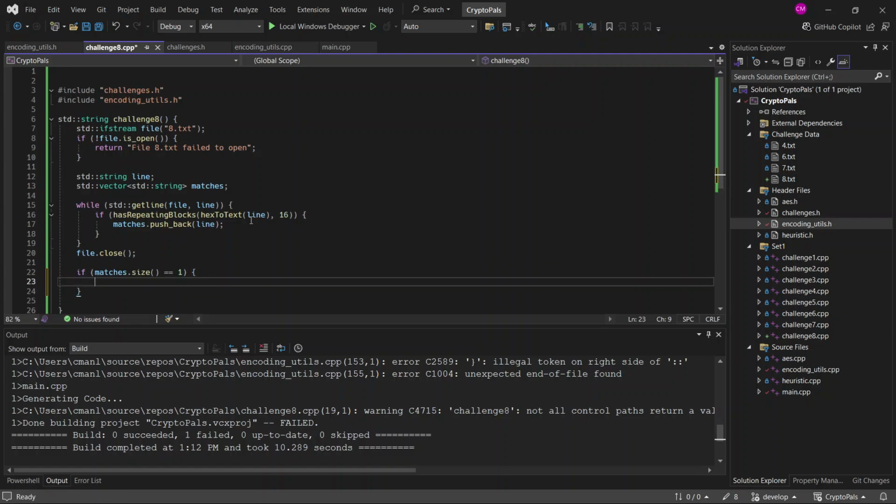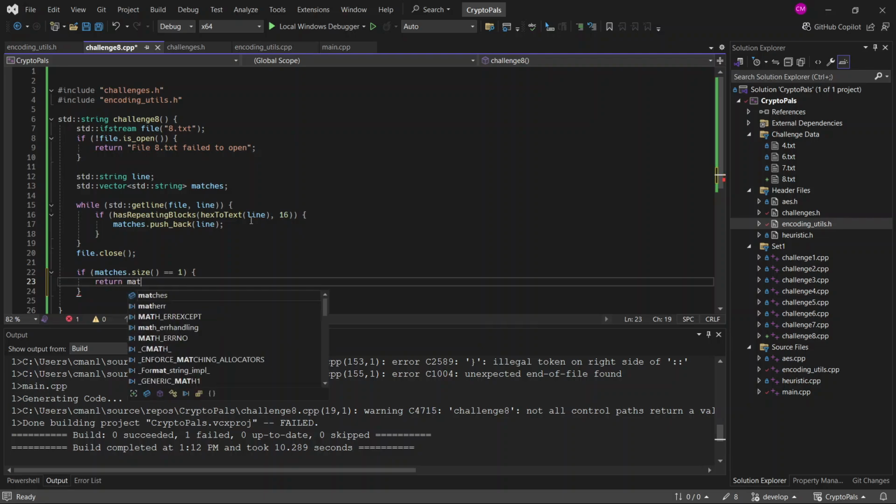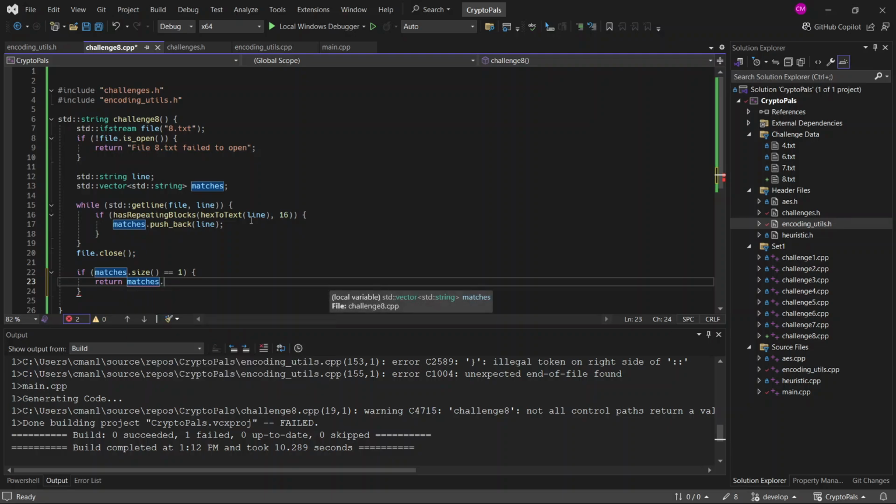So we'll return matches of the first object. Okay, so that's what we'll return, and else,